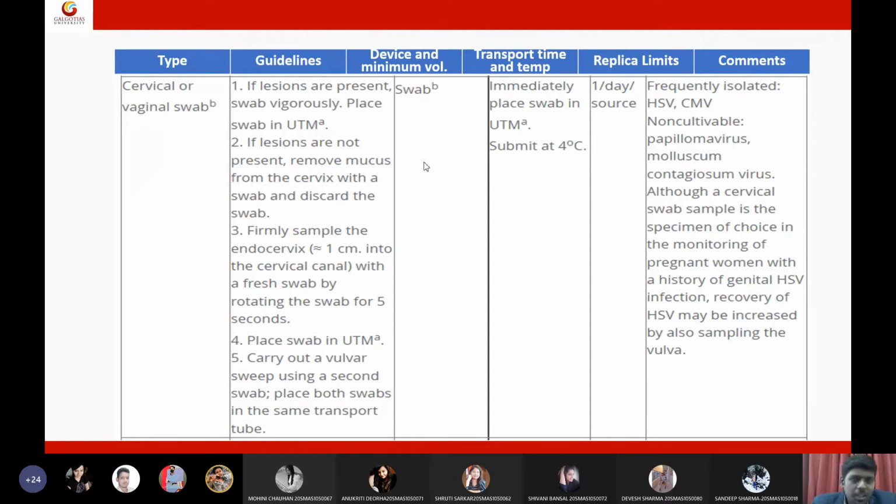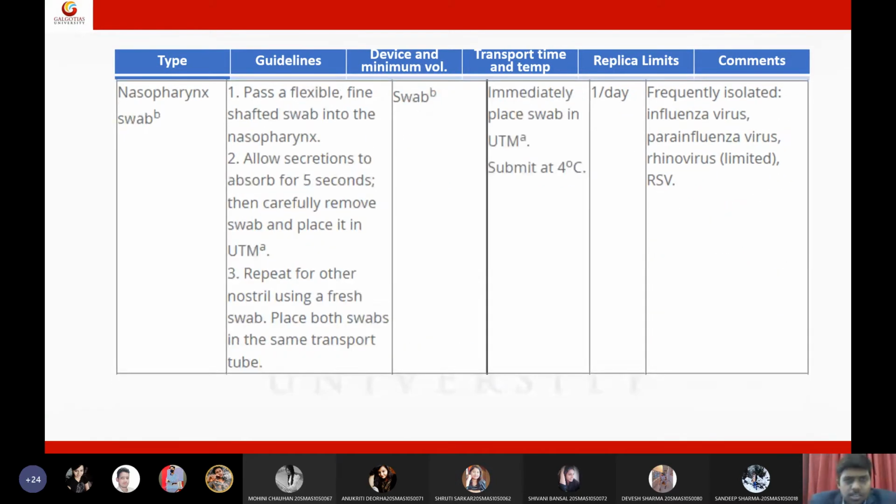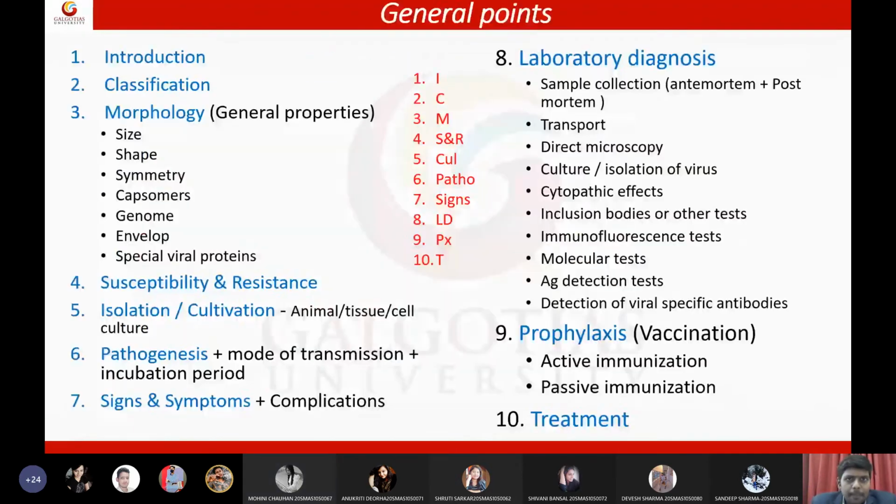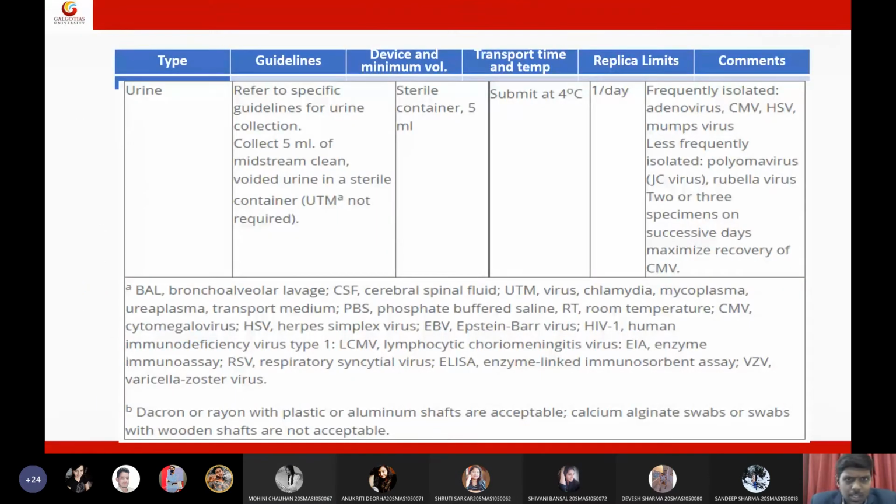It will take almost 4 lectures to complete this one topic. You can read by yourself, right? This viral transport. I have given you the material, everything. You just go through the material, okay? So this is it. Yes, please work on this one, because see, I too have some limitations. I cannot teach everything. These are something which you can do by yourself.